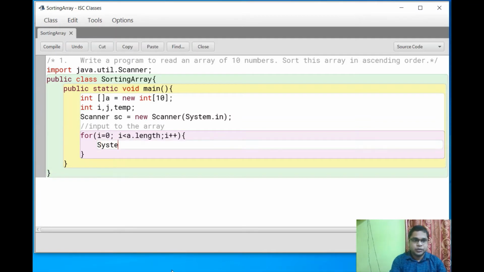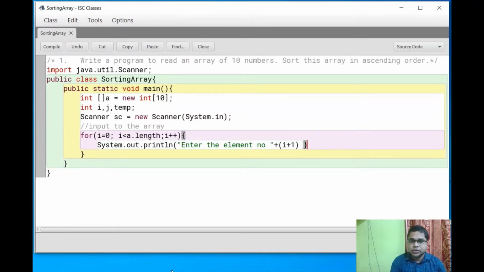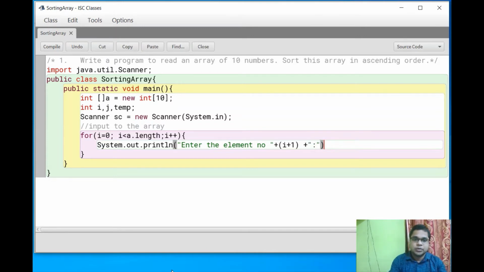Now give a message to the user using println, "Enter element number", here it is i plus 1, meaning 0 plus 1 is 1, and like that, then concatenate with another quotation mark.